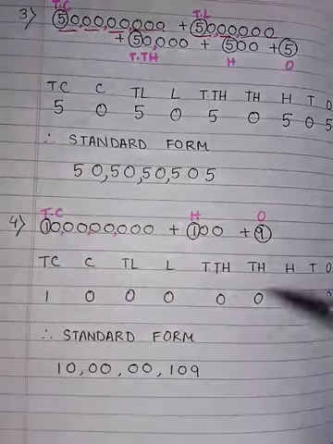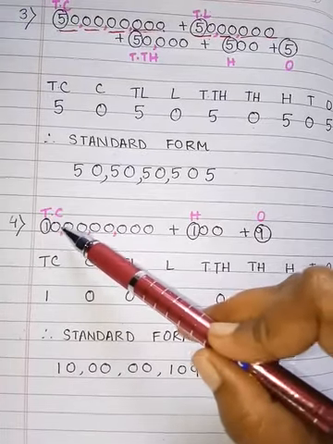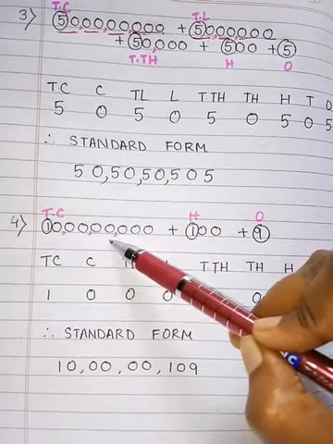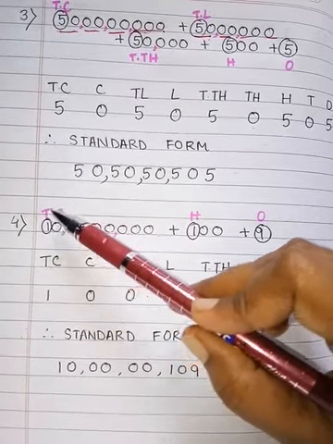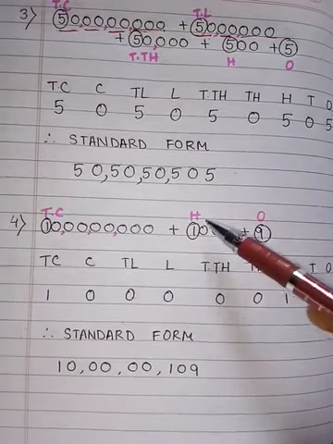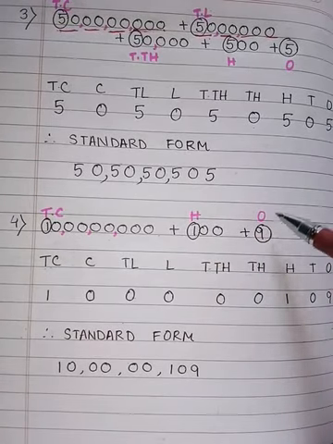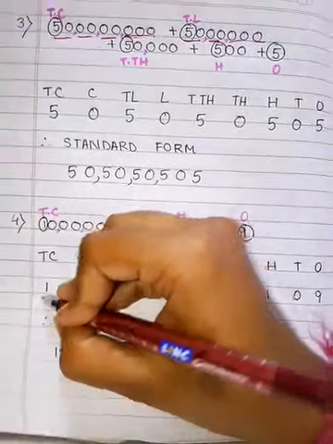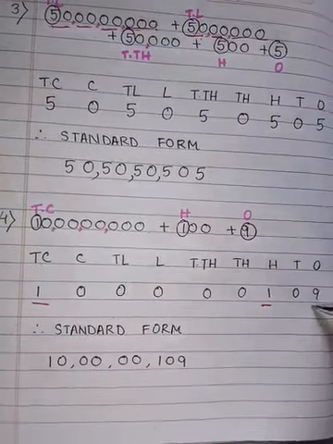Sum number 4. Put the comma from the right hand side after 3 digits, 2 digits and 2 digits. This is the ones period, this is the thousand period, this is the lakhs period, and this is the crore period. In the crore period, 1 is under 10 crore. So I have written 10 crore and circle 1. Here 100, this one is in 100 and 9 is in ones. So first write down in the 10 crore place 1, in the 100 place 1, and in the ones place 9.